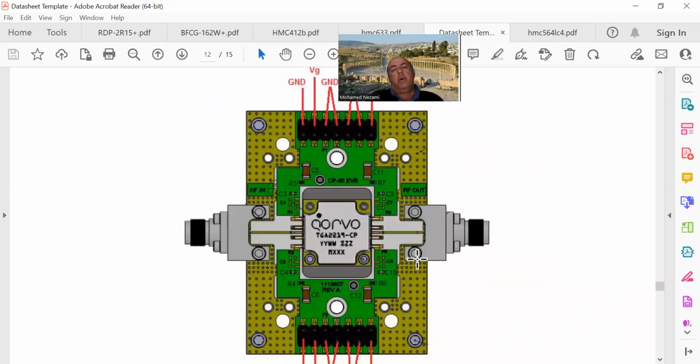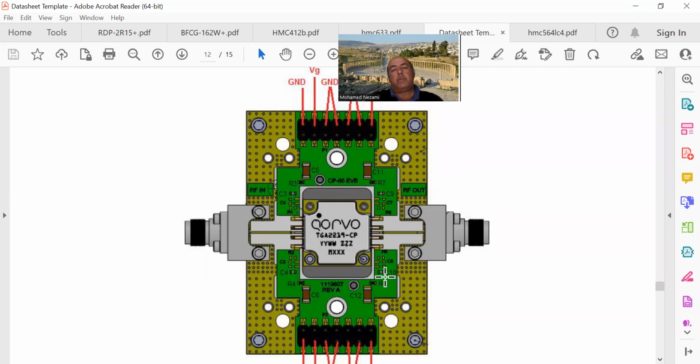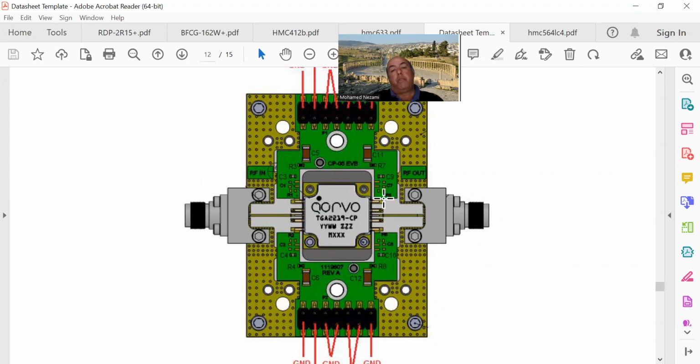starting on. One thing you want to make sure of is that you purchase this evaluation board and experiment with it at first so that you don't have to keep blowing up these devices once you assemble them on your actual board. The other thing I have done in the past is I would get this board,